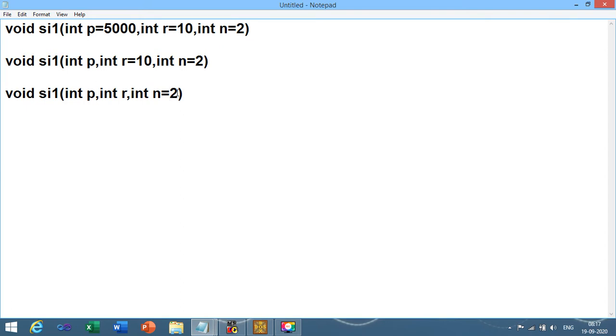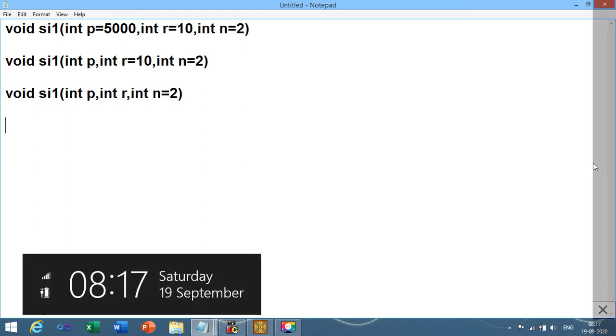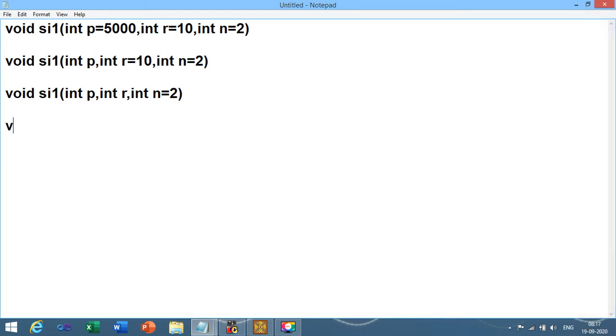So these three are the correct ways to pass default values to the variables while you call the si function. But remember one thing: suppose I want to give a default value for r, in such cases you also need to initialize the value of n. That means, void si1 integer p comma integer r equals 10 and integer n.